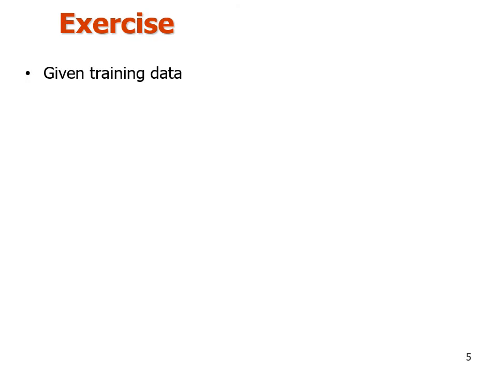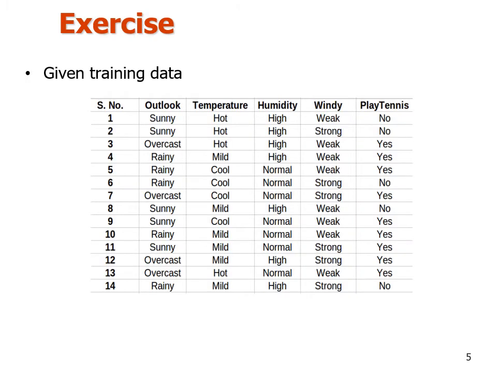We are having 4 attributes or features: outlook, temperature, humidity and windy, and play tennis is the target variable, which is a dependent variable for which we would like to predict the value yes or no. We have been provided with 14 instances in this training data set,